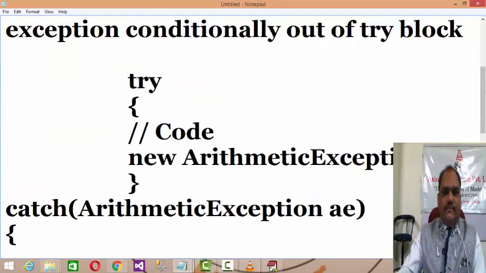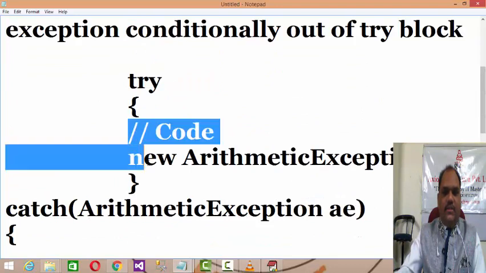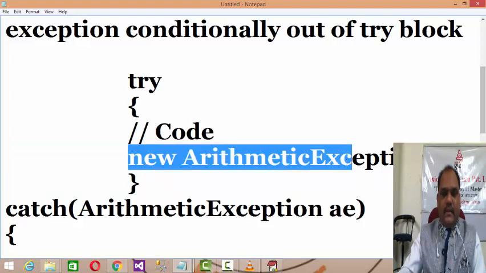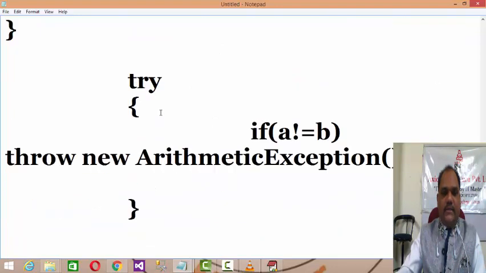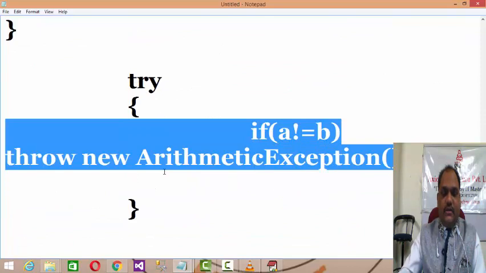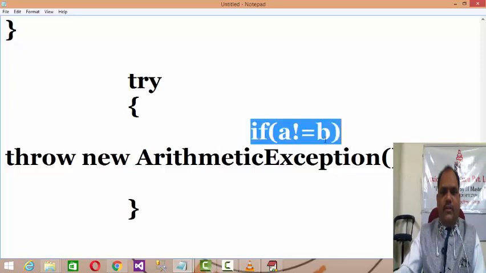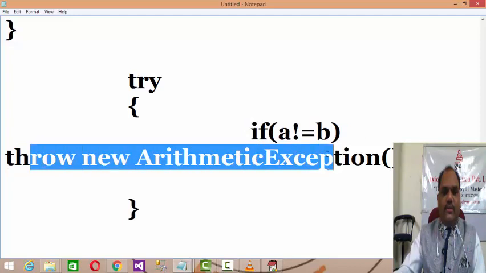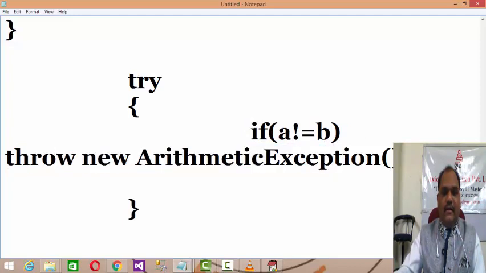In the above case, if any exception is raised in the code, the Java runtime environment will develop an anonymous object of the exception and throw it out of the try block. So it's not a conditional throw. But in this case there is no exception as such; the Java runtime environment won't find any exception raised. The user wants to conditionally throw the object of an exception, so he will create the object of the exception and throw it conditionally out of the try block.